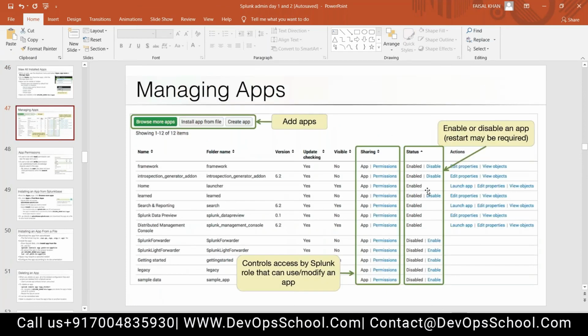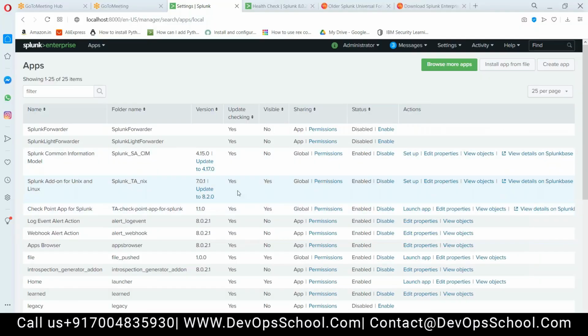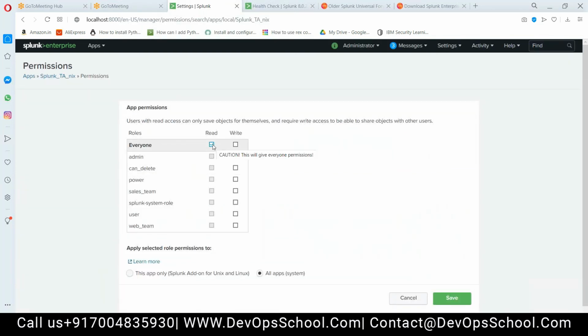Moving to the next. Enable or disable for some time, and if you want to modify the permissions, you can do it here. For example, I want nobody to write it. I want only the user team to write it. I can make these changes from here.